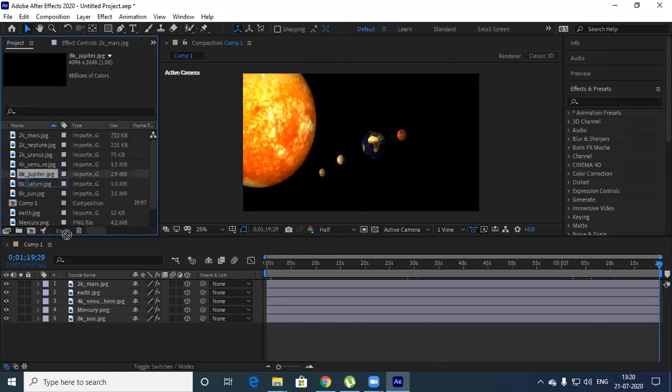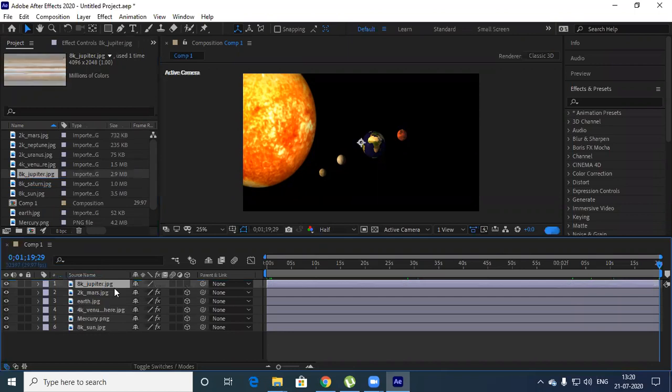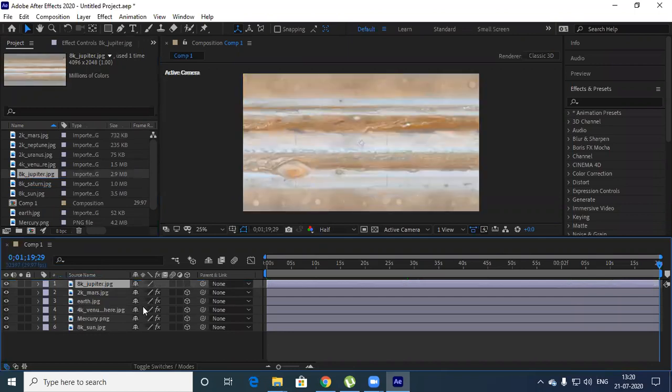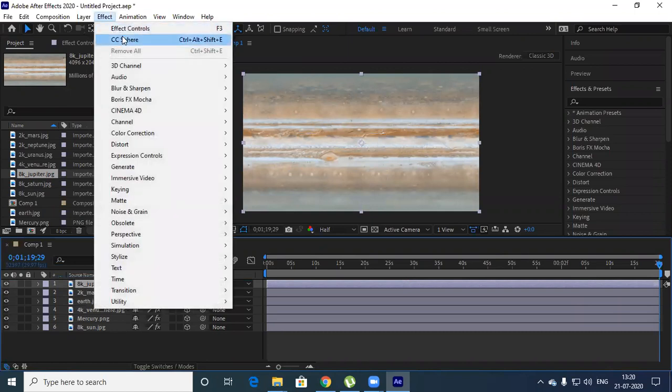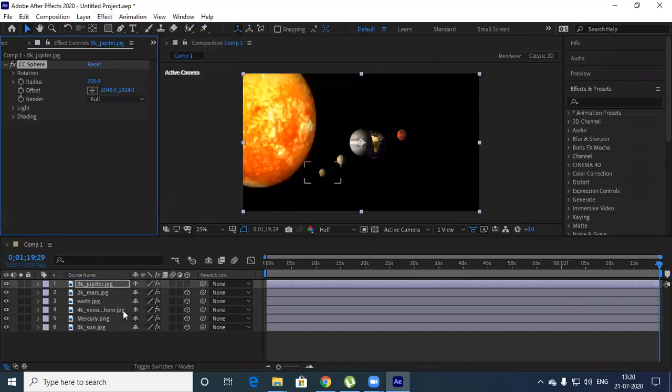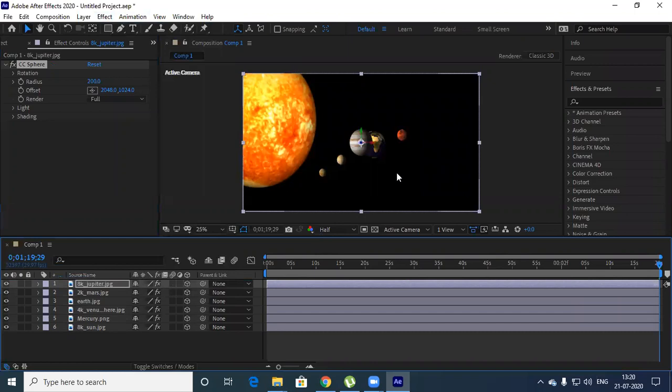Then you take Jupiter. Jupiter has to be quite larger in size. CC Sphere, and turn on this 3D layer.